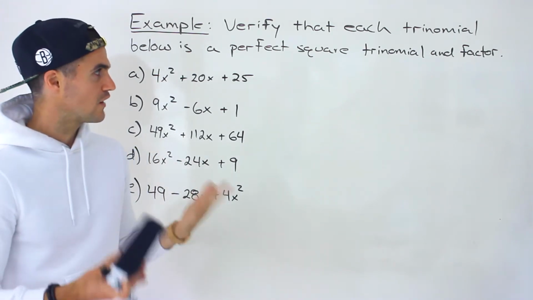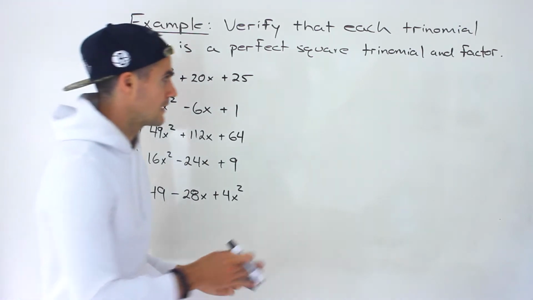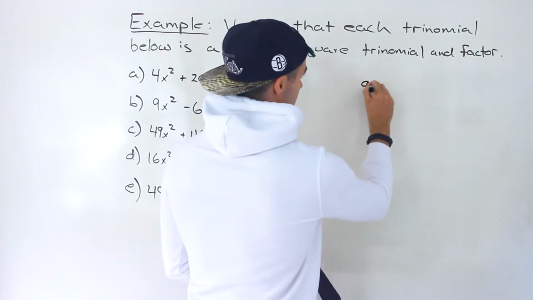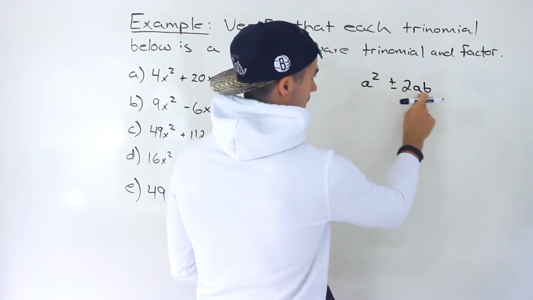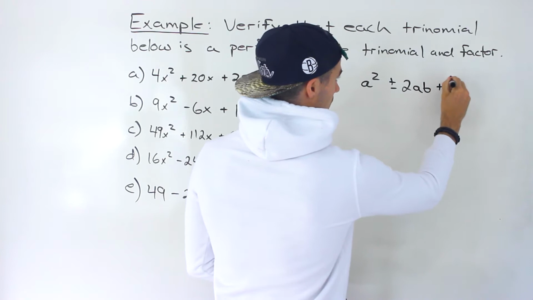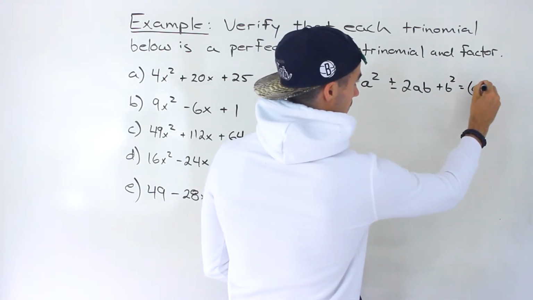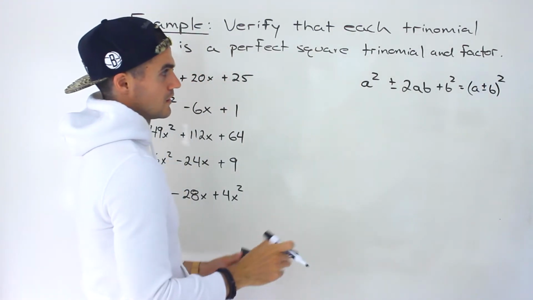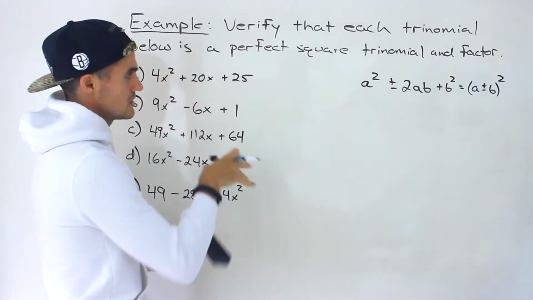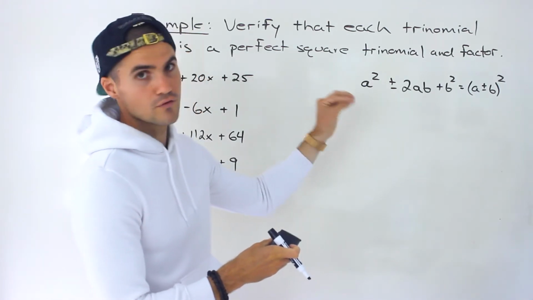process. So first we're going to verify it with that formula we've been using, and the formula is a squared plus or minus, remember this could be positive or negative here, this middle term, and depending on if it's positive or negative, it's going to factor into a plus or minus b, and that's going to be squared, right? So if we can take each of these, rewrite it in this kind of format, then we verify that it's